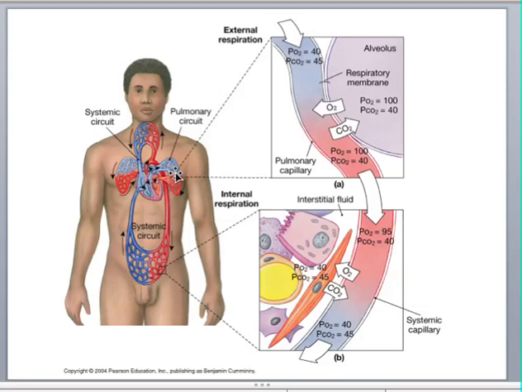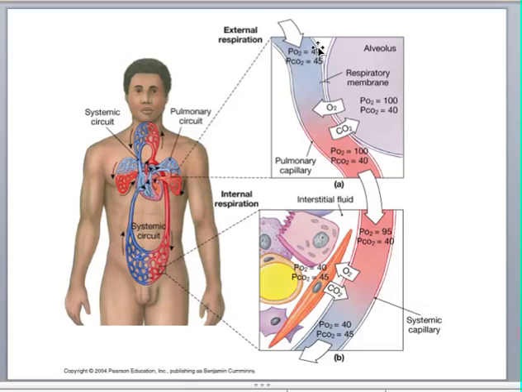Here now we've taken a little chunk out of the lung, capillaries in the lung, and there's your alveolus, and your PO2, your partial pressure of oxygen, is 100 in the alveolus, and the blood that's coming in through your little pulmonary artery, and then the arterial end of the capillary, the PO2 is only 40